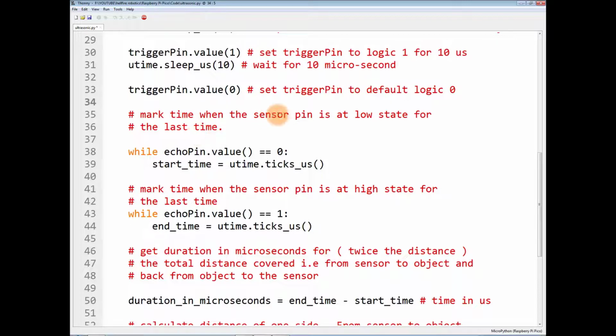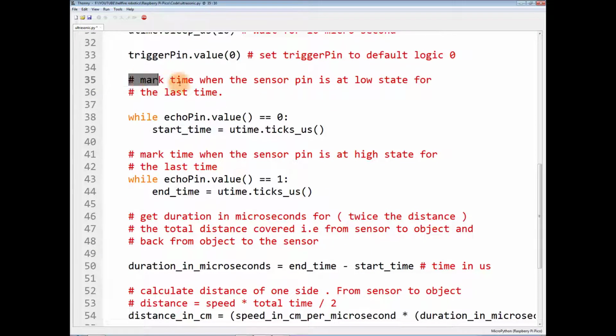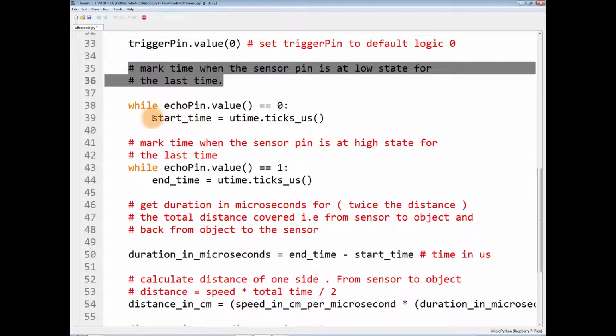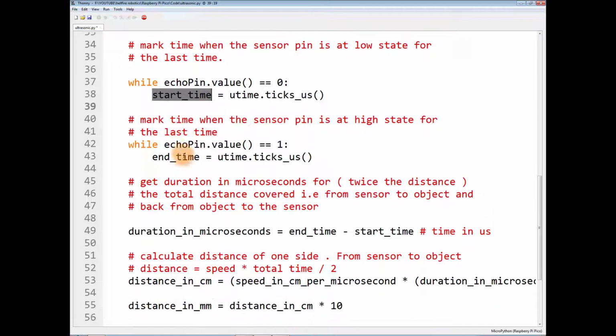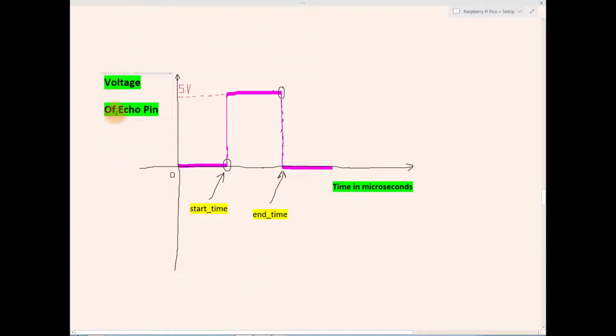So now you have to mark the time when the sensor pin is at low state for the last time. You have to register the time at which the sensor pin is at logic 0 for the last time, and you have to name it start time. Suppose this is the voltage on the echo pin and this is the time in microseconds.